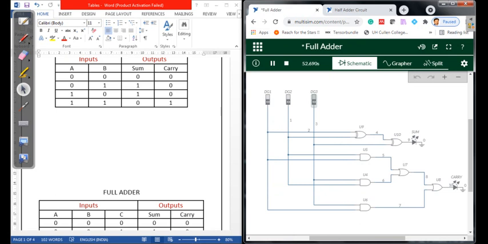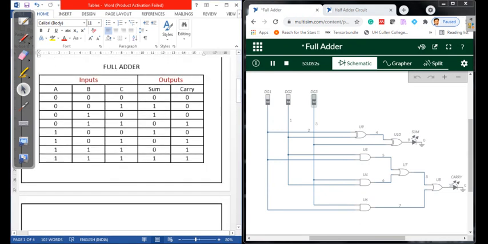When I look into the full adder here, there are 3 inputs, that is A, B and C. I'll mark this as A, this as B, and this as C, and here I have a sum and a carry. Now when all inputs are 0 0 0, that is A is 0, B is 0, C is 0, I don't have the LEDs on here. That indicates that the sum is also 0, carry is also 0.